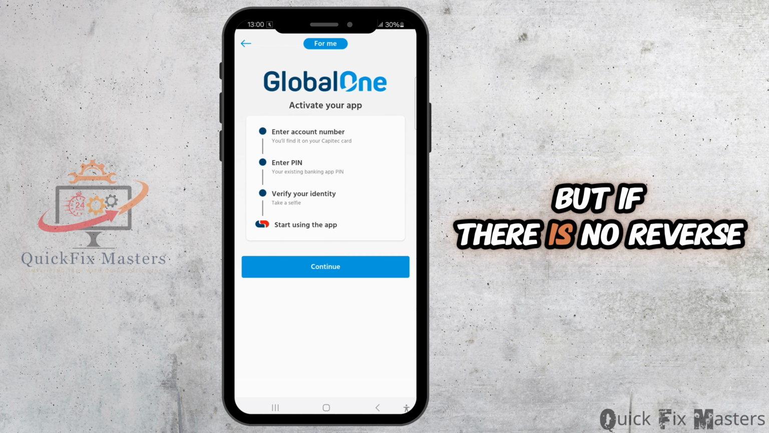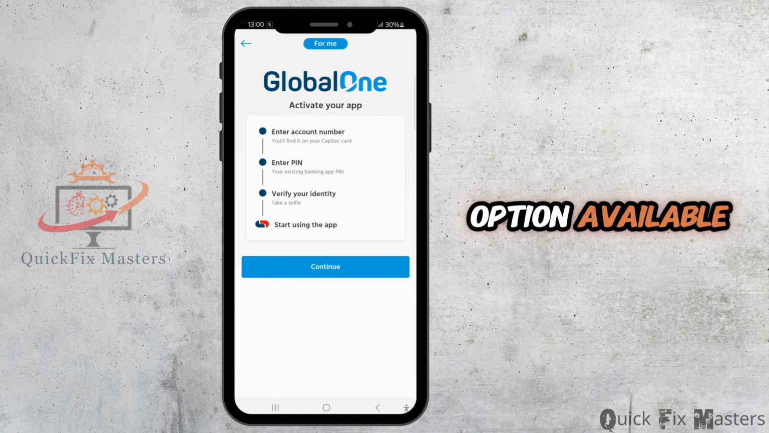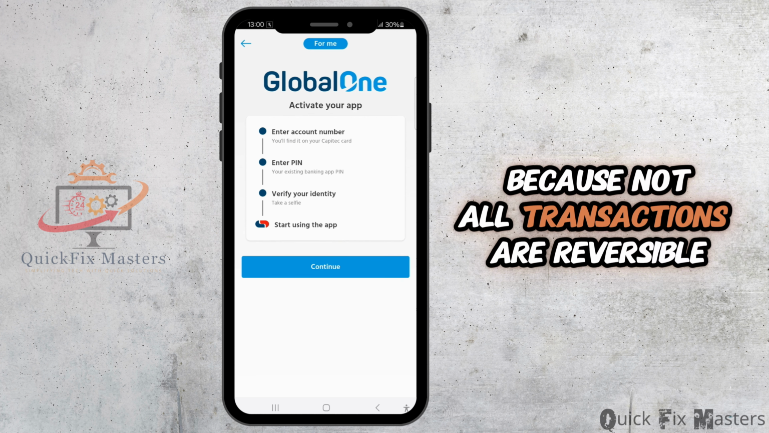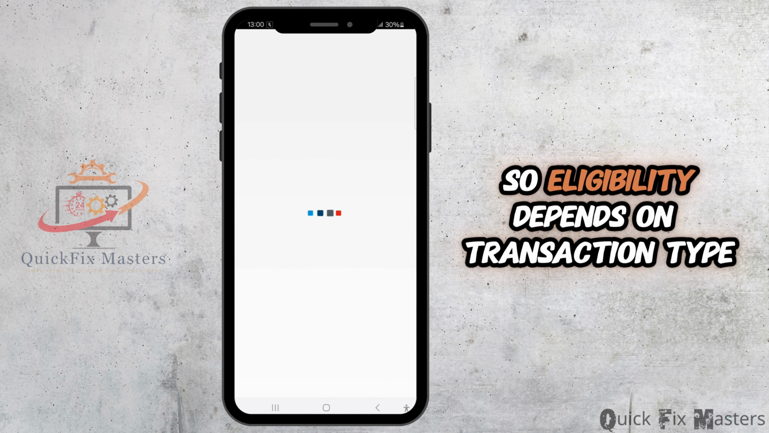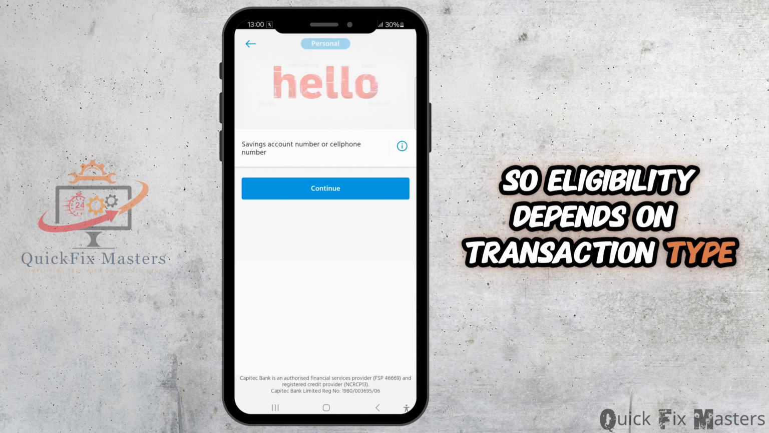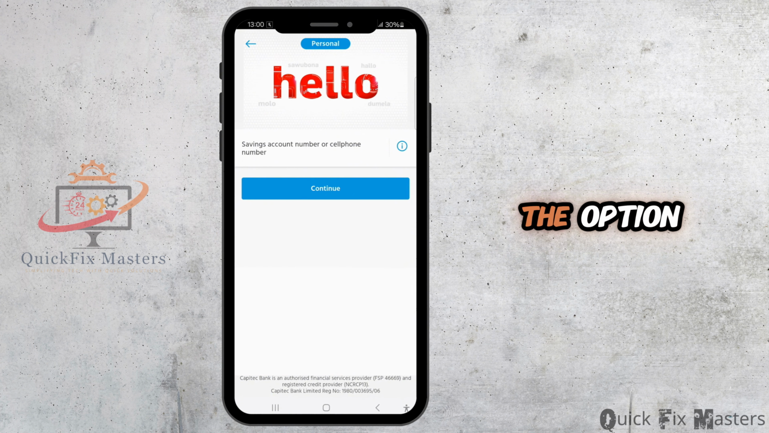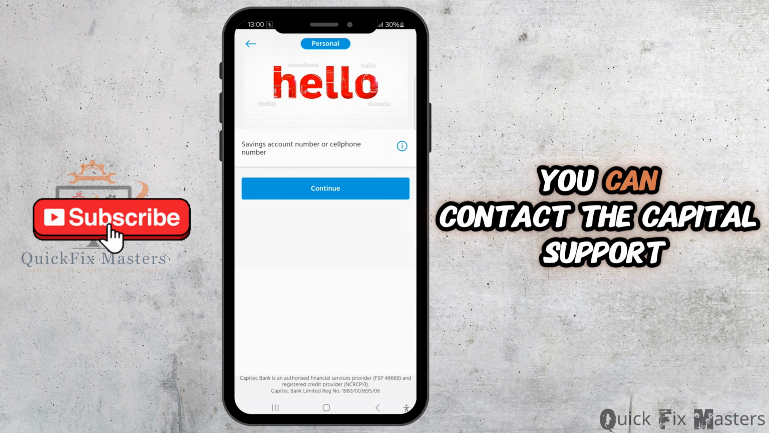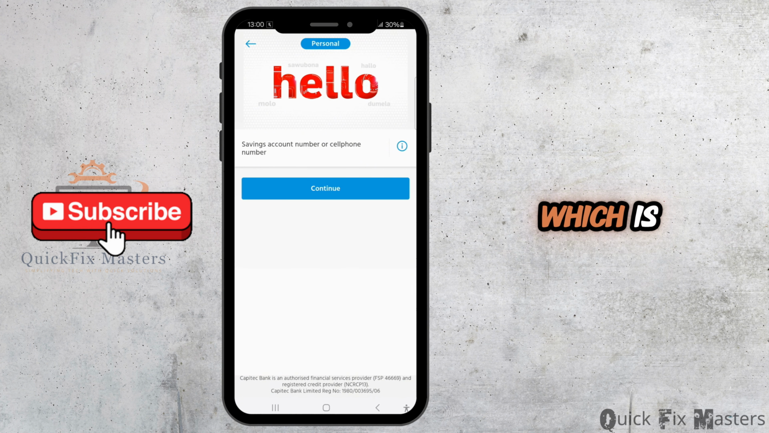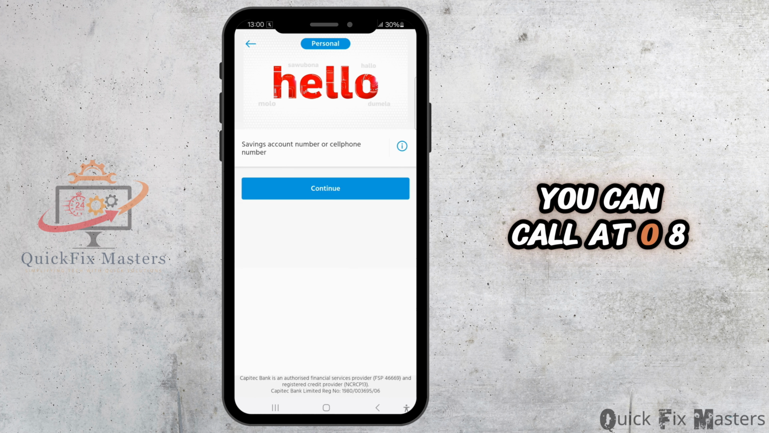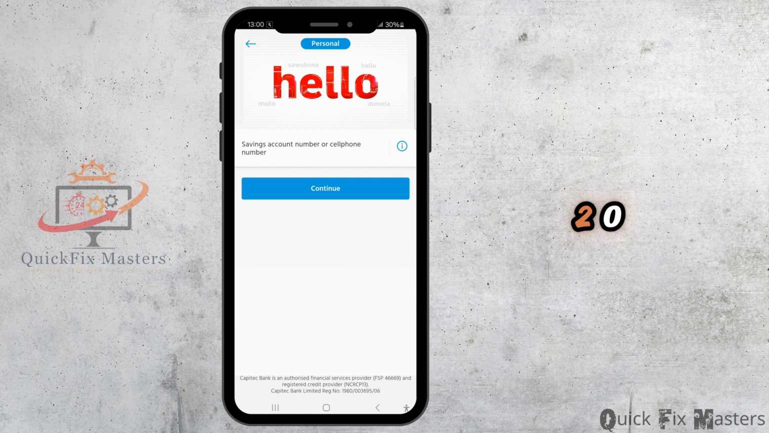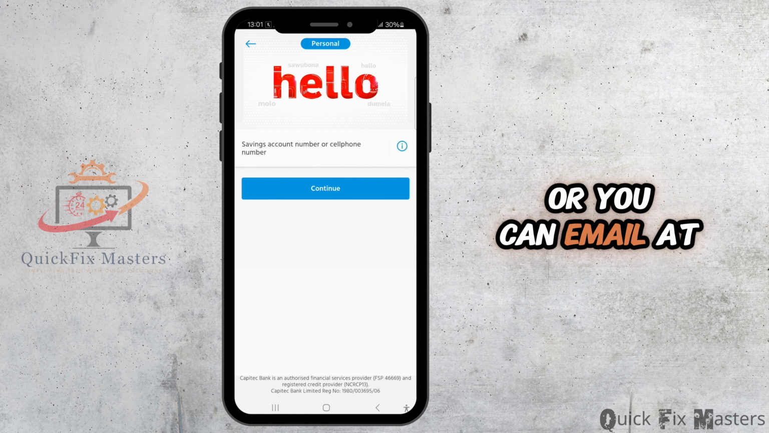But if there is no reverse option available, because not all transactions are reversible, eligibility depends on transaction type and timing. And if you don't see the option or the refund is delayed, you can contact the Capitec support, which you can call at 0860102043, which is available 24/7, or you can email at